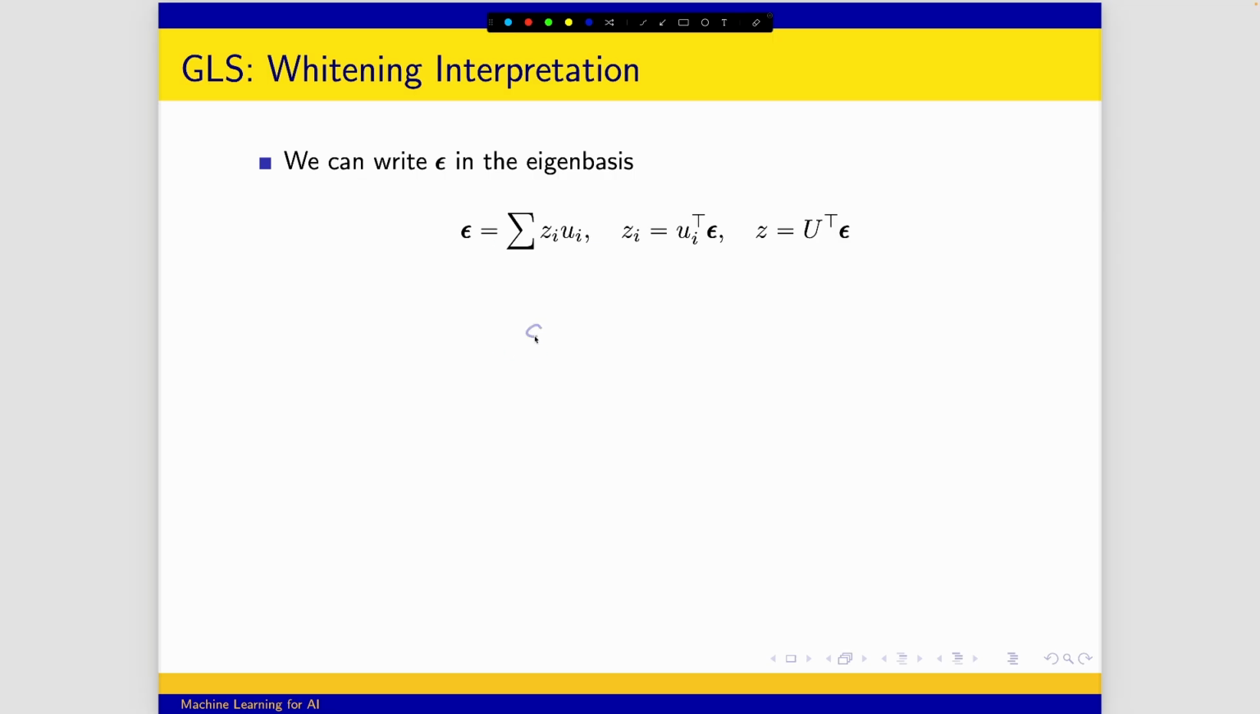So this is simply saying that epsilon can be written as a linear combination of these, which it definitely can. So we've got the sum from i equals 1 up to n of z_i u_i. So let's pick one of these u's, let's say u_j, the jth one. Let's take the dot product of u_j